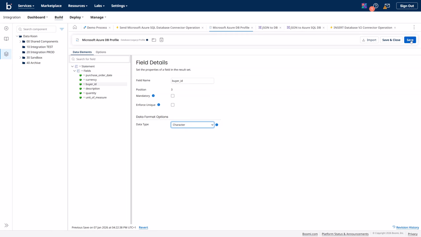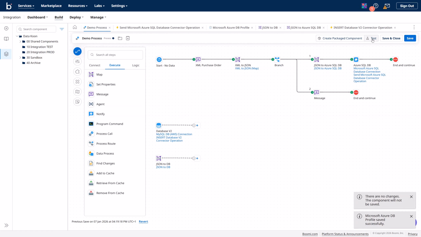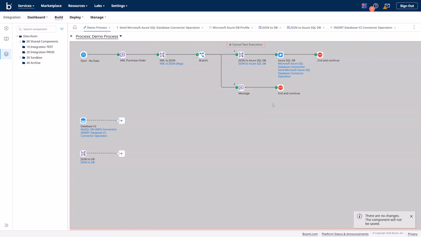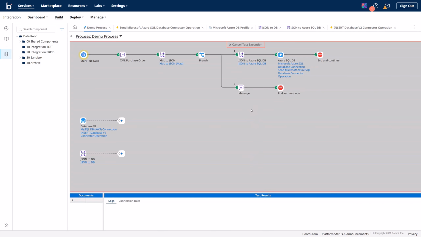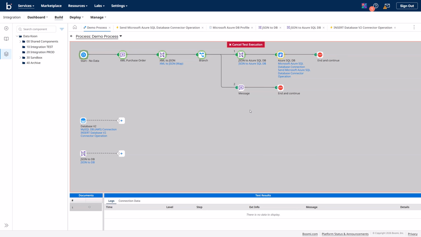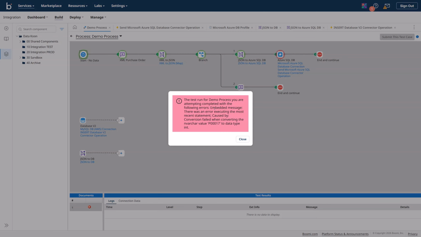First, okay, I can adjust the buyer ID also here. Now it's a character. Data type is now character. Just try it again. Okay, still it's not working. Failed when converting. Okay, then this seems the source is now correct on Boomi side,